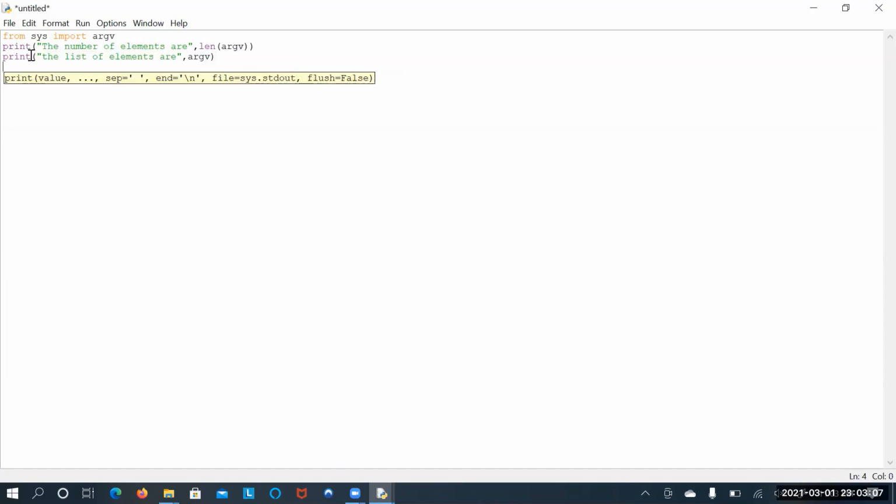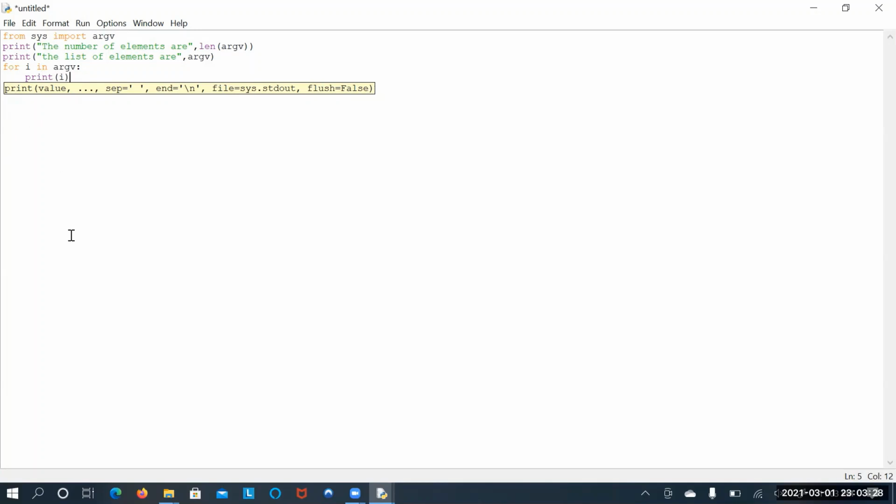And next, I want to print all the command line arguments one by one. For that we have to use a loop: for i in argv, print the value of i. So this is my program.